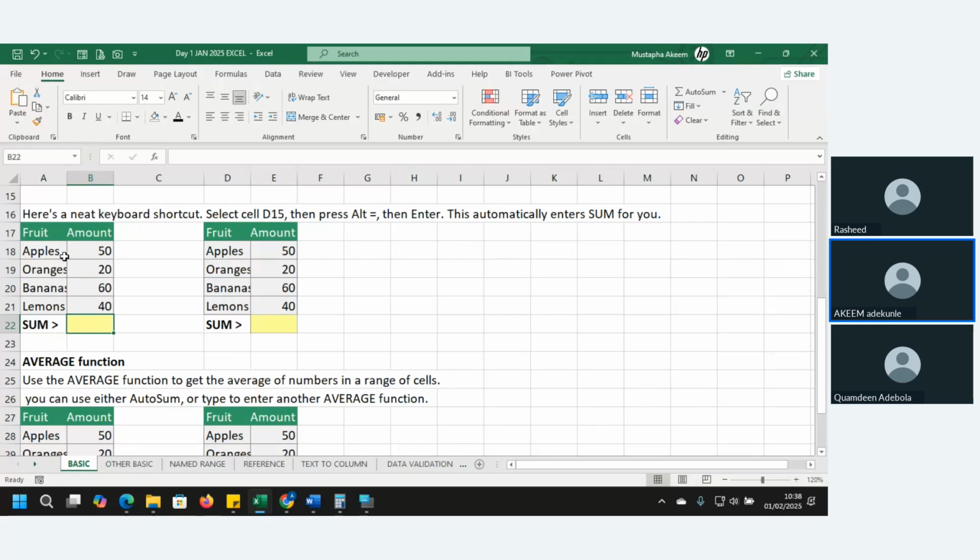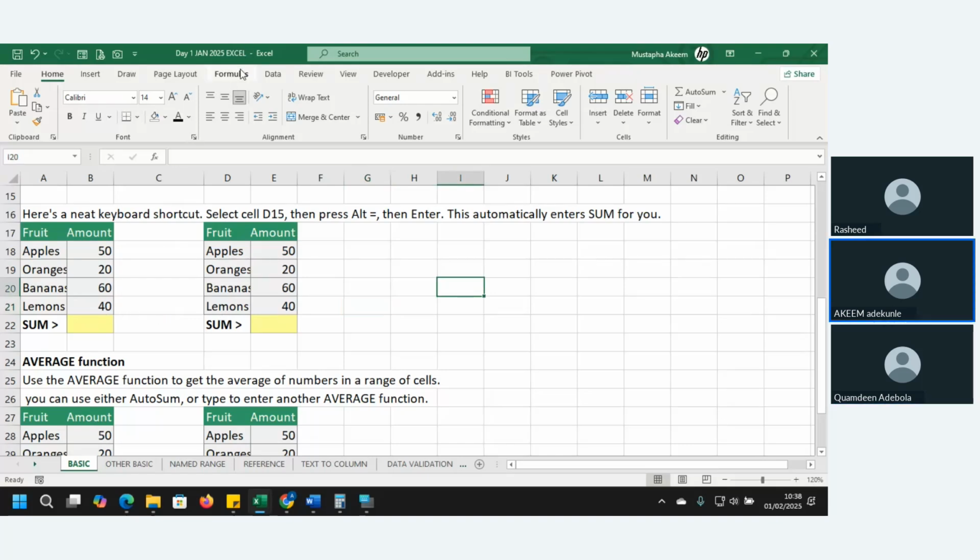So we are likely to be working with more data, which means if you have like 100 rows, you are not likely to be using the plus sign that we just learned, this plus this plus this, for 100 rows or 1,000 rows. It's not going to work. Even using commas, no matter what you do, it's going to take a lot of time. In that case, Excel has some inbuilt functions that you can use in our formula.